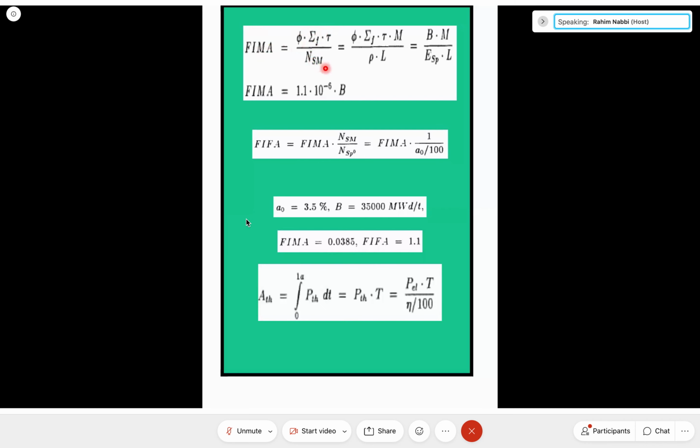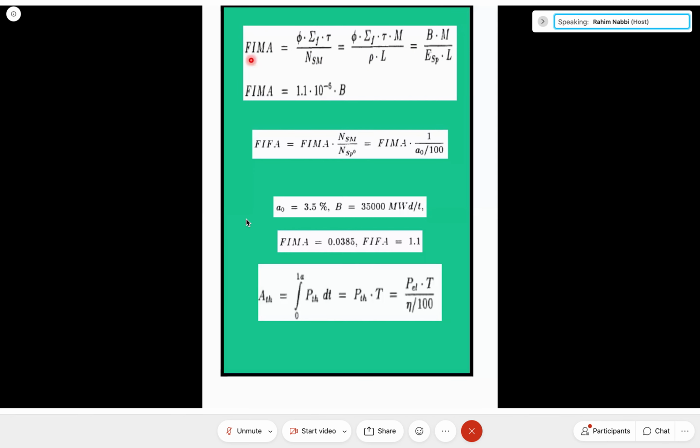Sm means heavy metal. So, the number density of heavy metals can be calculated from the physical density of heavy metals. You remember, rho multiplied by Avogadro number and then divided by atomic mass. See here, L divided by M, atomic mass. If you replace, then this relationship goes to this one, and this term means there is a relationship between FEMA,